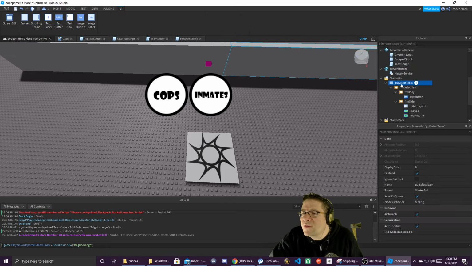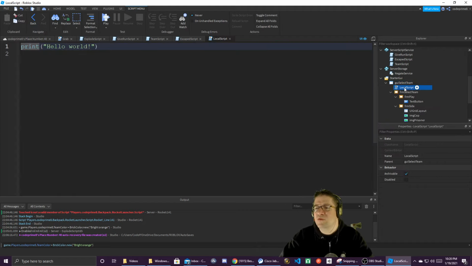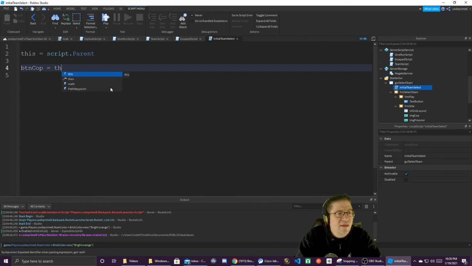Okay, so under the GUI select team, we're going to hit plus, and we're going to add in a local script. This is going to be called the initial team select, just like that. So for the first initial team select, we're going to need a couple of things. So btn cop. Sorry. This, like I always do, is script.parent. That way we can refer to this being the object that we're currently in. So btn cop equals this